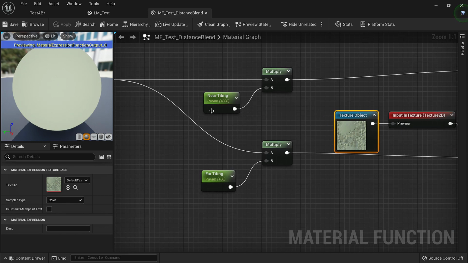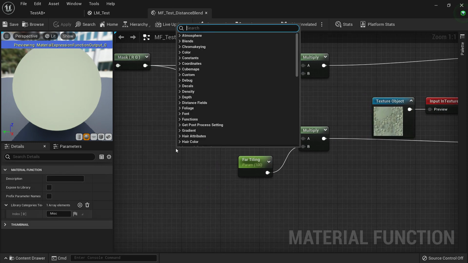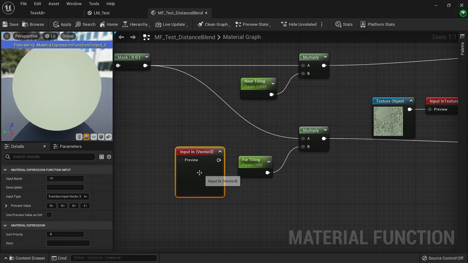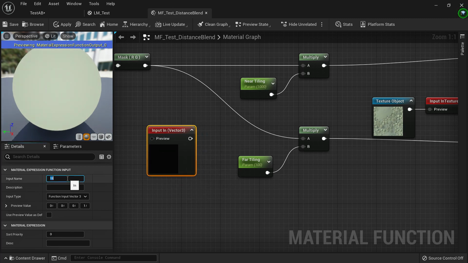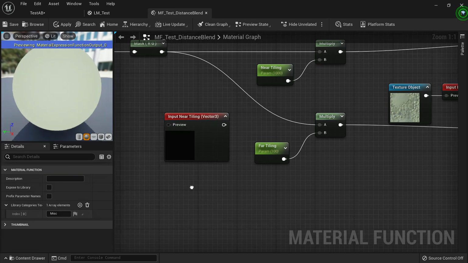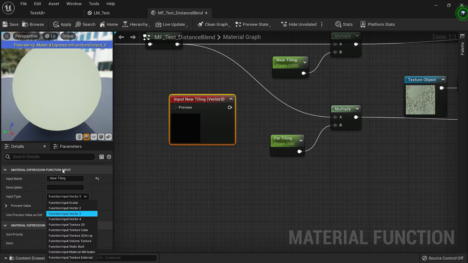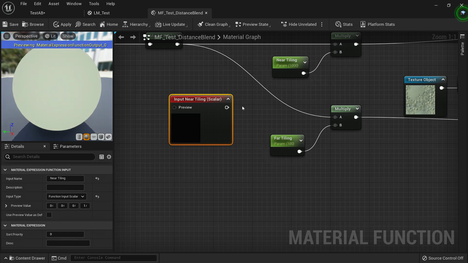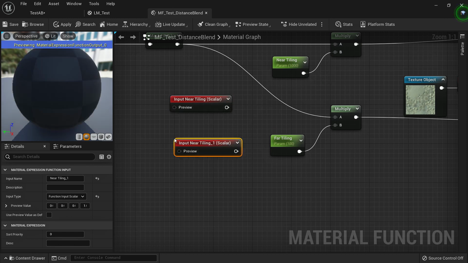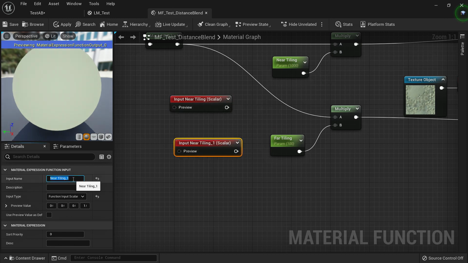Let's take our tiling and make it the input. So we will put a function input and call it near tiling, and change the input type to scalar, and then duplicate it and call it far tiling.